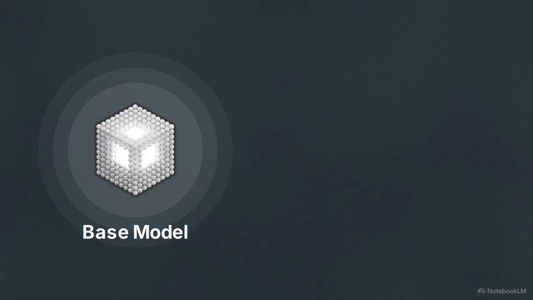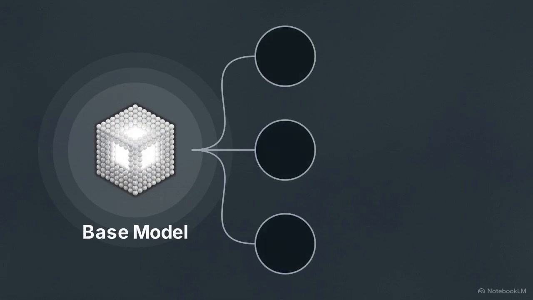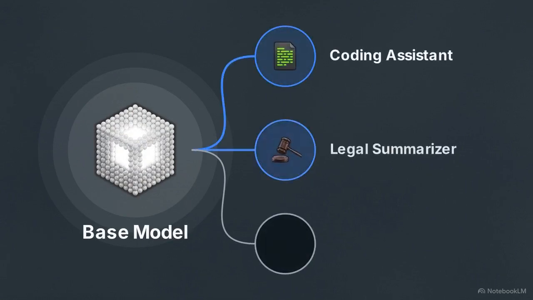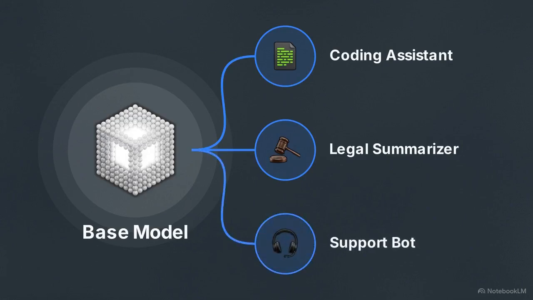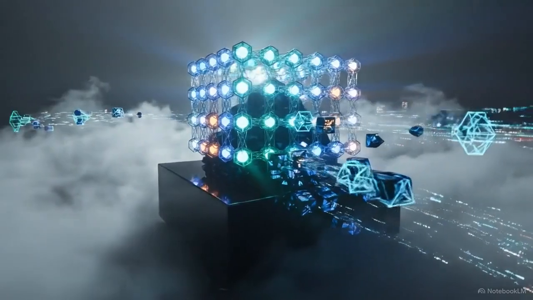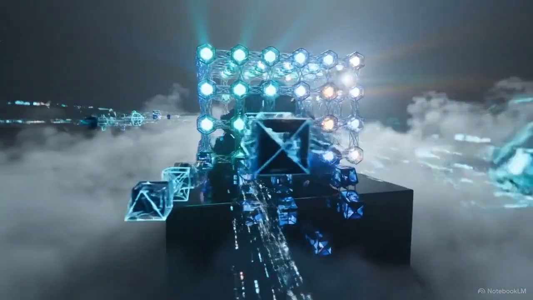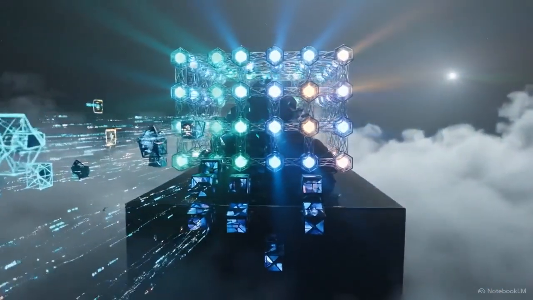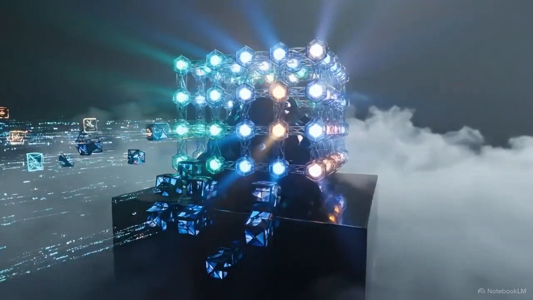This diagram shows the next crucial step. Developers take that massive generalized base model and branch it off into focused specialists. They adapt it to become dedicated coding assistants, legal document summarizers, or targeted customer support bots. Pre-training builds the raw, powerful foundation of the system, but it is the subsequent step of customization that actually gives